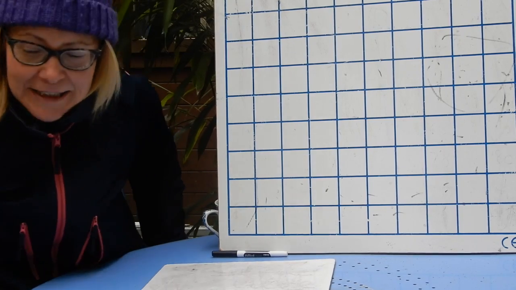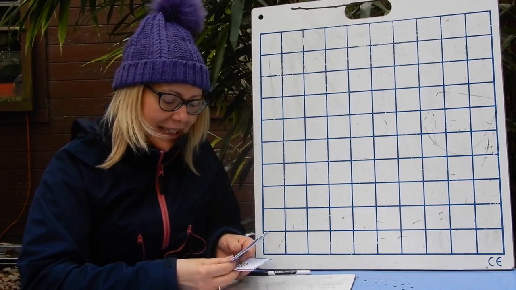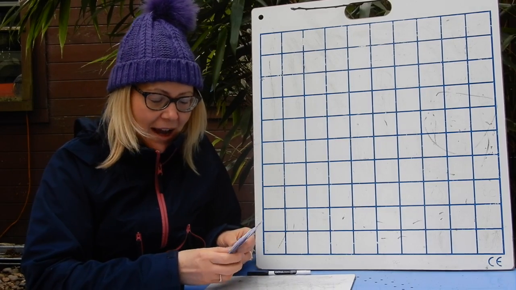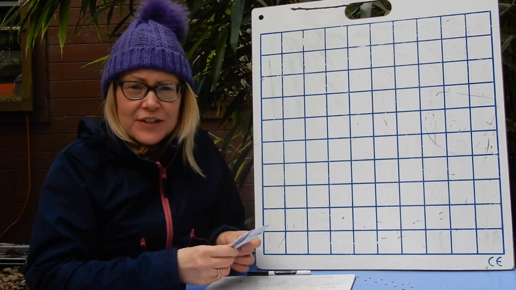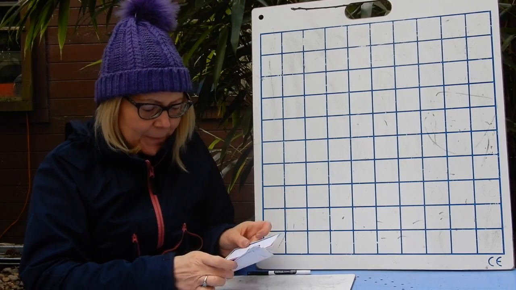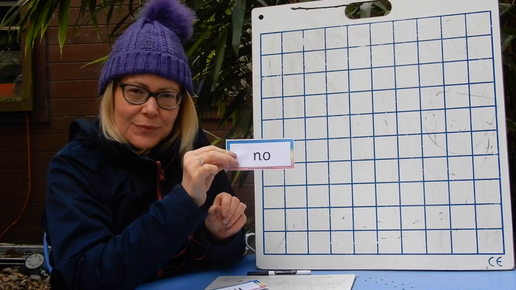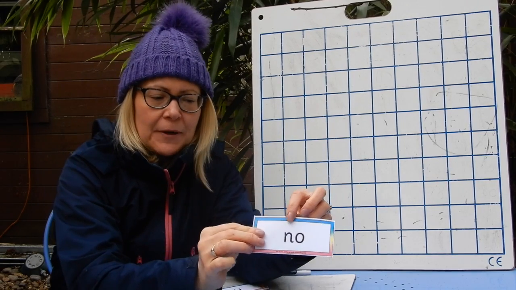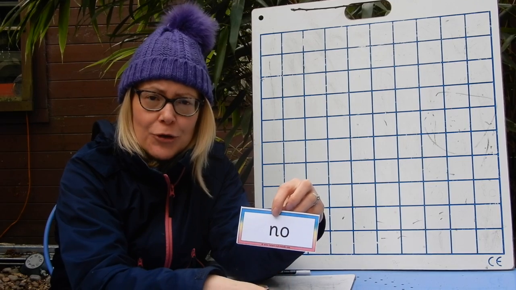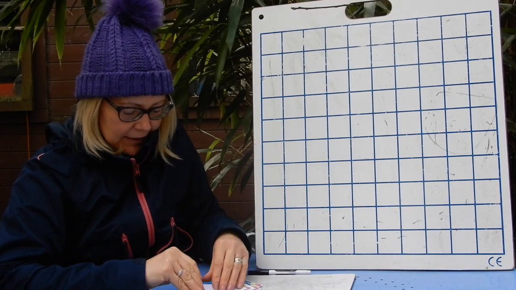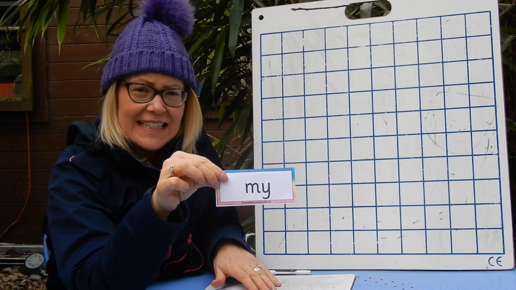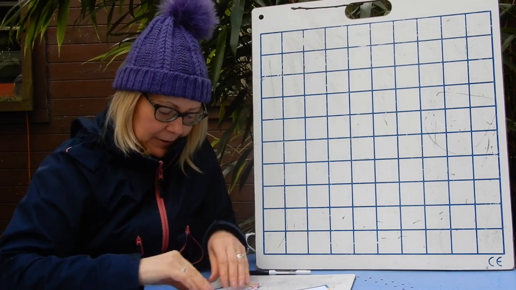Okay, so bear with me a second. Okay, so our common exception words that we've learned, often known as our keywords in our book bags. I'm going to show you the ones from phase 2 and phase 3. We're just going to flick through them, look at the bits that are helping us and the bits that are tricking us, okay? So we have this one. Hopefully you can see it okay there. We've got helping us, but then this is making an O sound, so no. Next one, the is helping us, but then the y is making an I sound, so my,